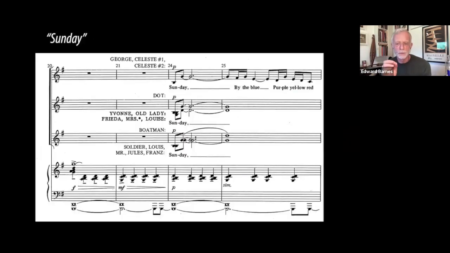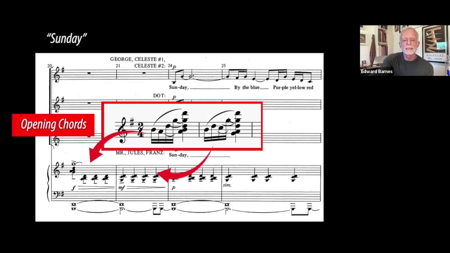Another beautiful use of musical impressionism is the finale of the first act, the tune Sunday. In this, he creates his wash of sound out of the opening chords of the very top of the musical. So you have that chord, and the second chord at the top of the show becomes the second chord in Sunday.